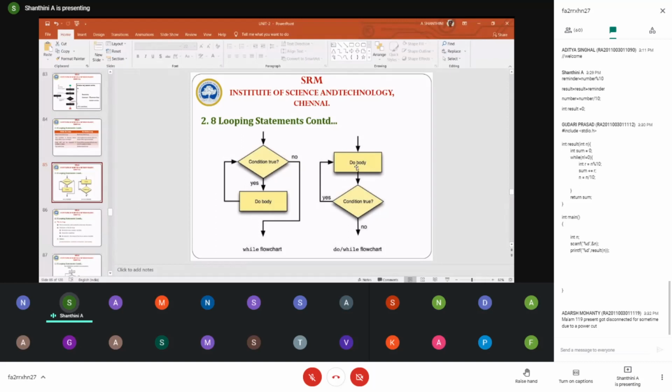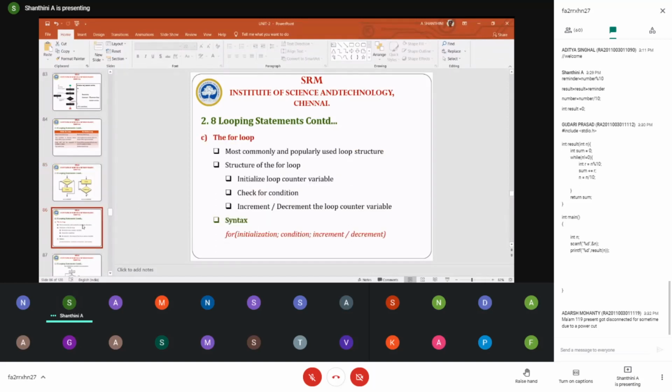Next is the for loop. The for loop is quite important when you come to the concept of arrays. You will use this for loop for reading the characters or numbers from the user. Mostly we'll be using the for loop inside arrays.